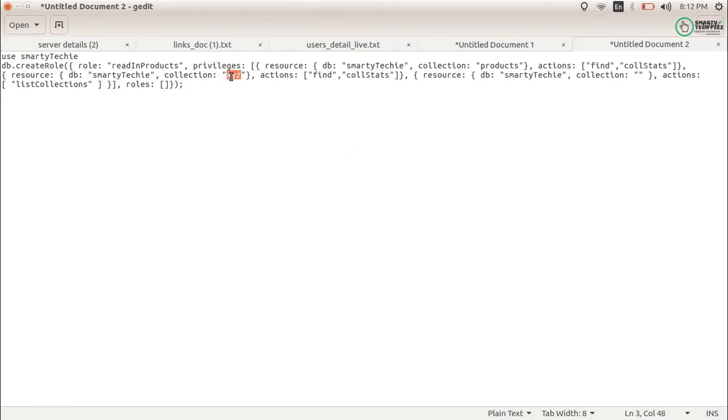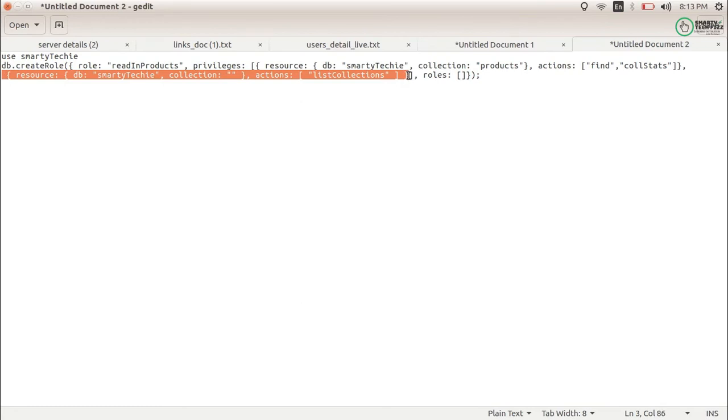So you can provide the collection name here, and you can even provide the actions itself, whatever actions it should perform on this collection. So if you want multiple collections to be accessed, you can provide the access like this. But here we want to use the products collection only, and the actions should be find and collection stats.